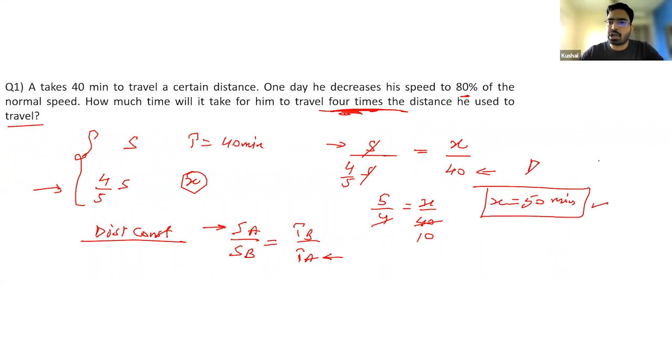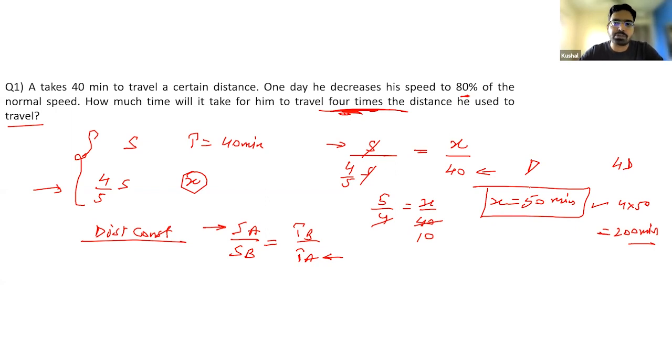So now for the same distance D, the time taken will be 50 minutes. Now, if I have to cover 4 times this distance, then I will require 4 times this time, isn't it? 4 into 50, that should be 200 minutes. Please understand this thing. 50 minutes you will always find in the option choices. Please don't get in the habit of taking X as your answer